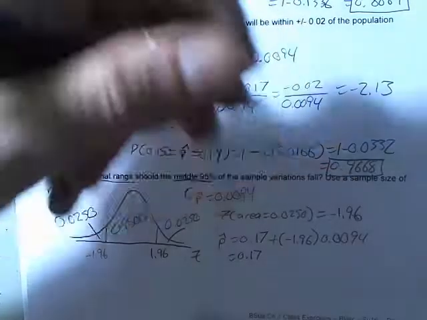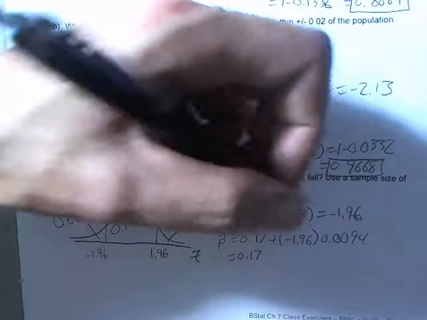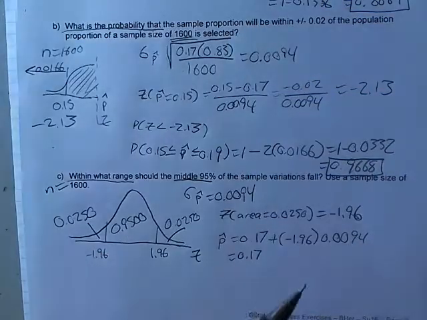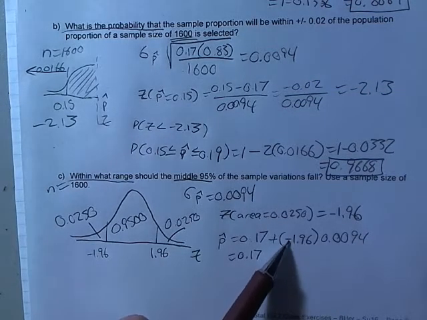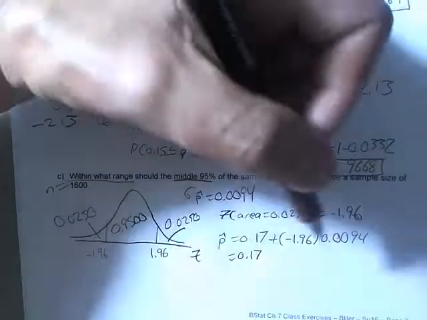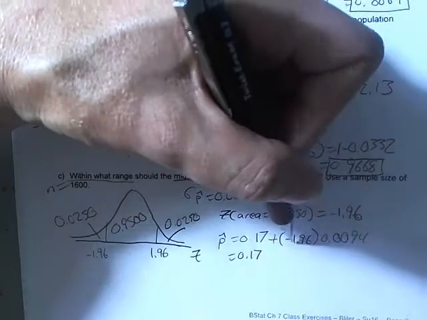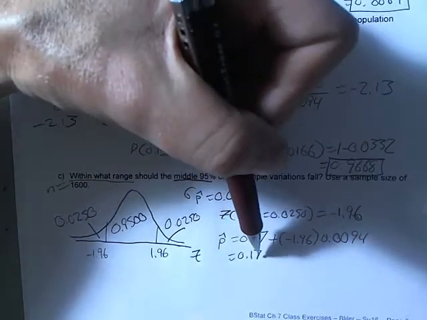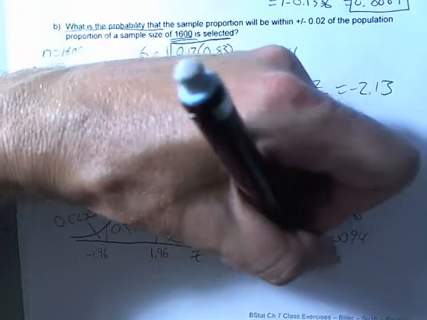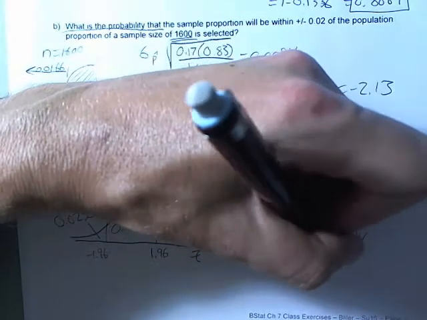We'll save a little bit of writing and hopefully give you a little more insight. I'm just going to migrate this negative outside of the parentheses. So rather than writing this separately as 17% plus positive 1.96 times the standard error, I'm going to write both of those together as 17% plus or minus 1.96 times